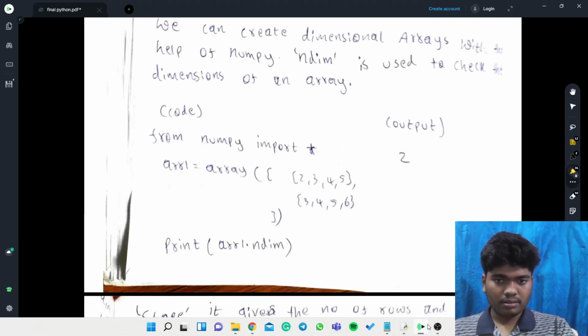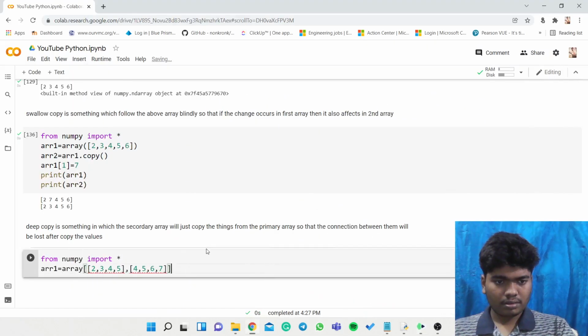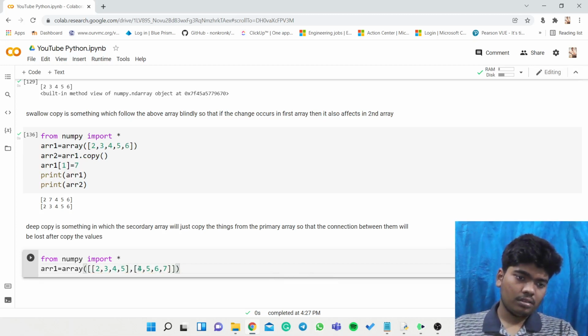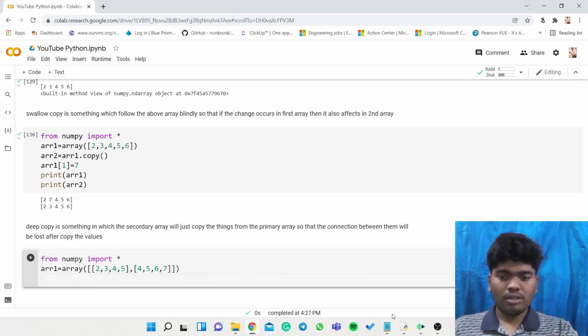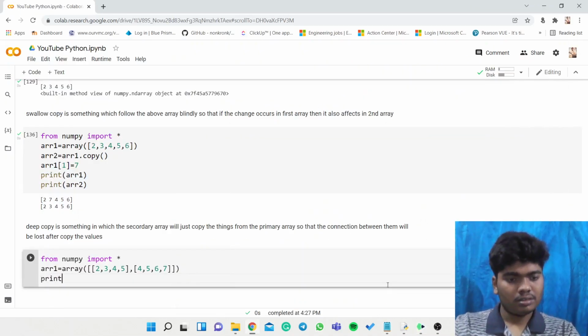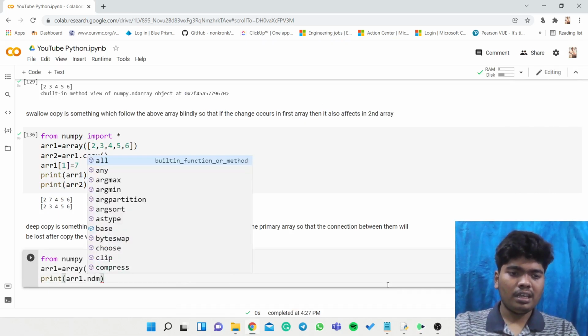One second, guys. Yeah, I think this should be mentioned in another bracket. I think now it is fine. So now we will just check the dimension. So print ARR1 dot NDIM.